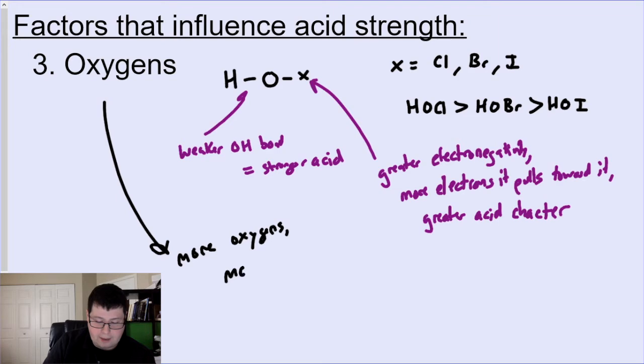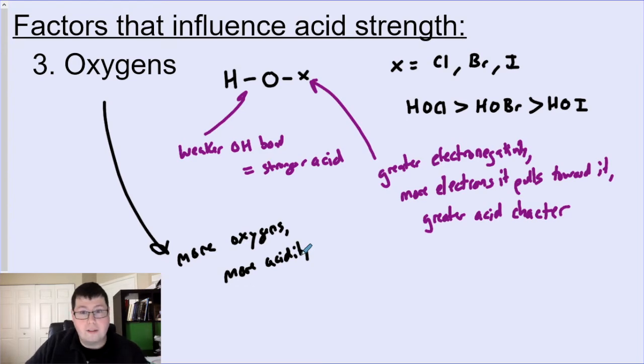you have more acidity, because there are more HO bonds to be interfered with, so the greater the acidity is going to be. So the more oxygens, the more acidity. And there's no better example of this than taking a look at the chlorate series. If you take a look at HOCl, that's a weaker acid than if you have, and I'm just going to write this a different way, HClO, which is hypochlorous acid, and then HClO2, which is just chlorous